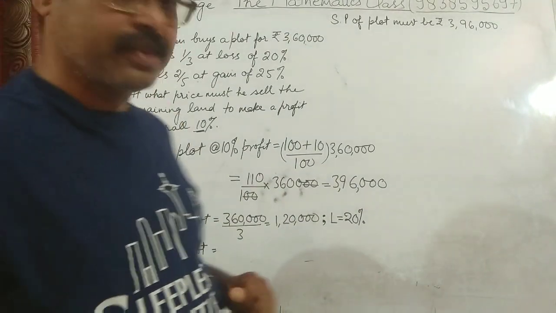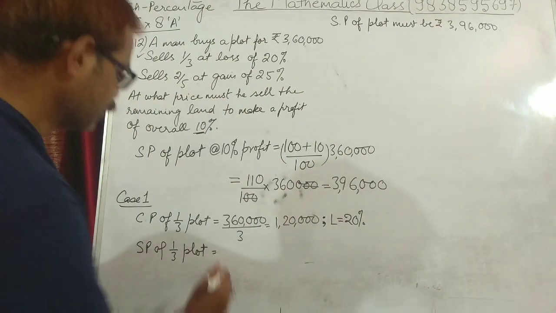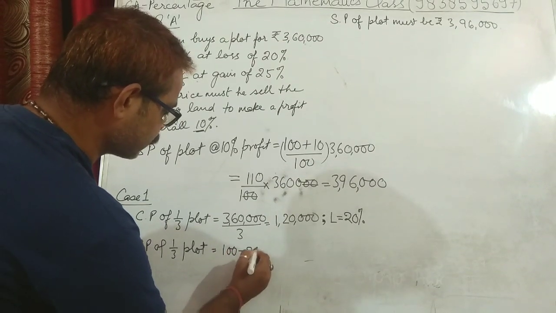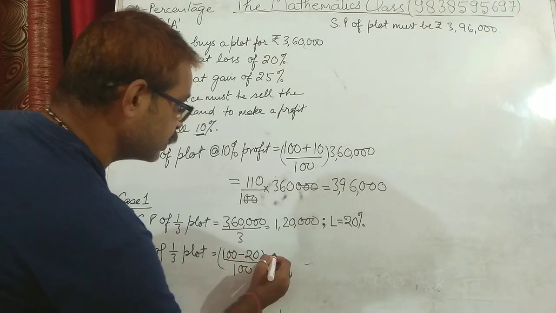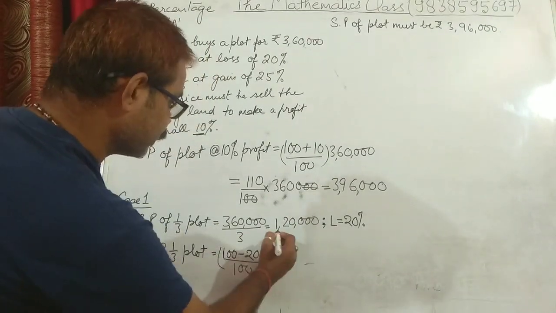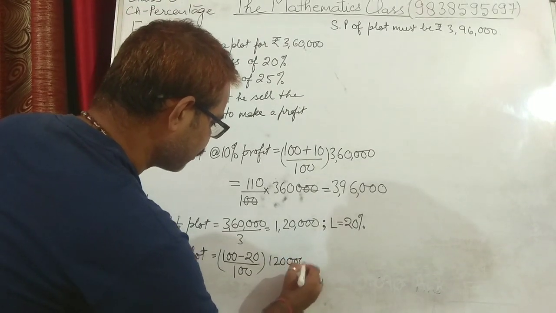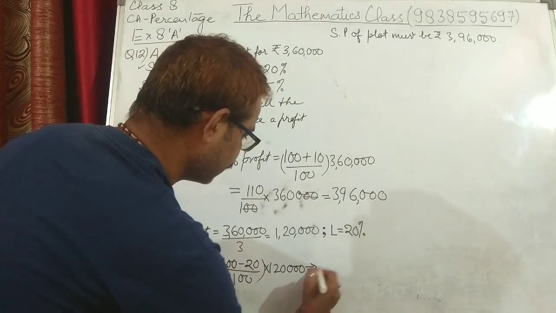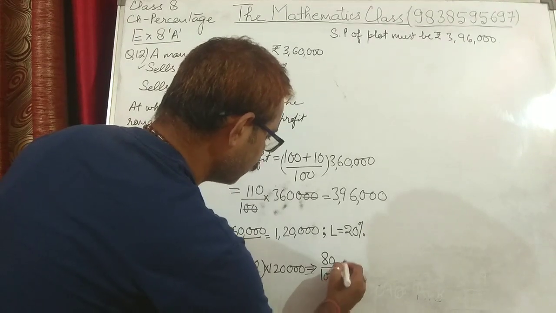When loss percent is given, we write (100 minus loss percent) upon 100 into CP. So 100 minus 20%, the loss percent, upon 100 into CP. The CP of the plot is 1,20,000. When you solve this, it will be 80 upon 100 into